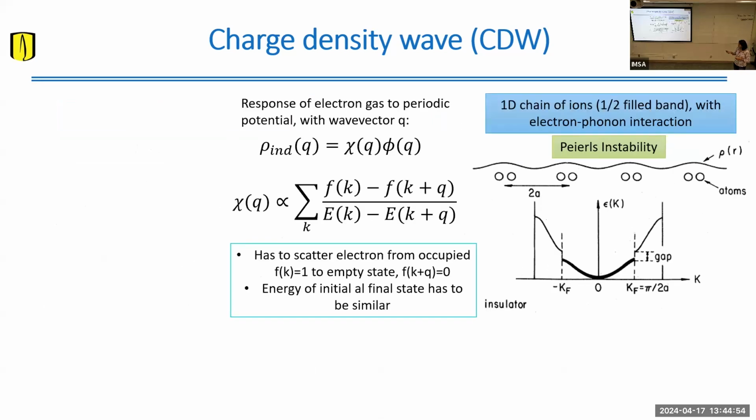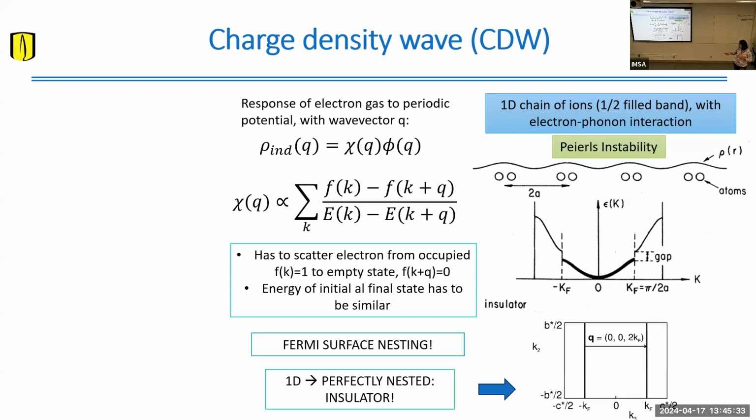So the message here is that for a one-dimensional system, your electronic susceptibility is really unstable to the formation of a charge density wave, because you have a divergent term each time you connect states of the same energy with the same wave vector. So in one dimension, you have a Fermi surface that is composed of 2 points that are perfectly well connected through a single wave vector, meaning that this term is going to diverge. This is called Fermi surface nesting, and in one dimension it is very easy to get.